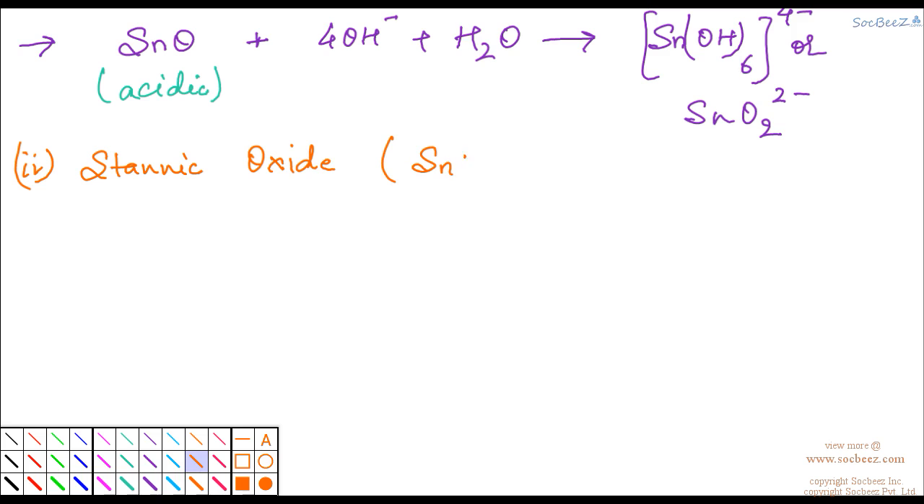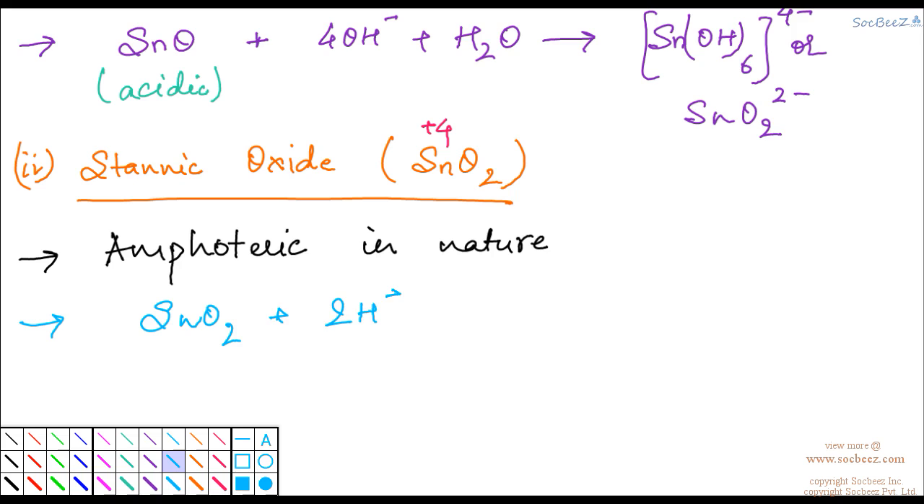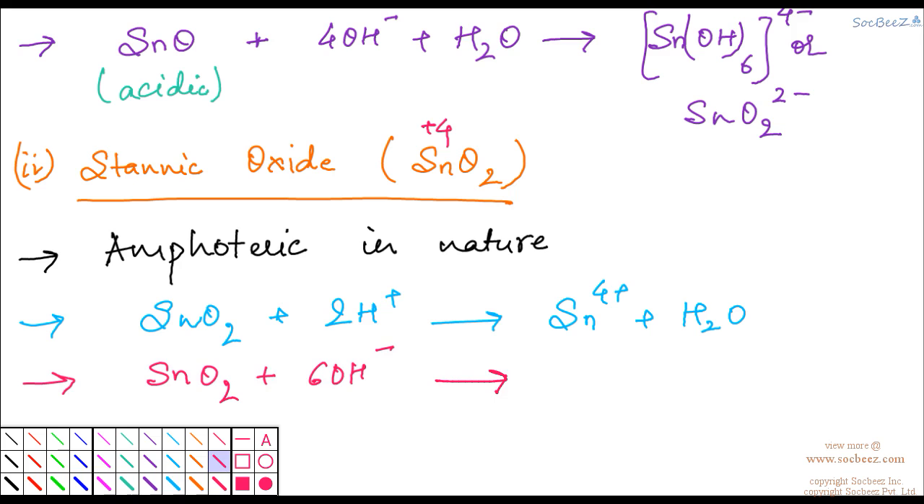Stannic oxide, I already told you the formula is SnO2, and Sn is in +4 oxidation state. Like stannous oxide, stannic oxide is also amphoteric in nature, and its reactions with acids and bases are as follows. Stannic oxide, when it reacts with acid, that is 2H+, gives Sn4+ plus water. When SnO2 reacts with base, that is OH-, it gives [Sn(OH)6]2-, or